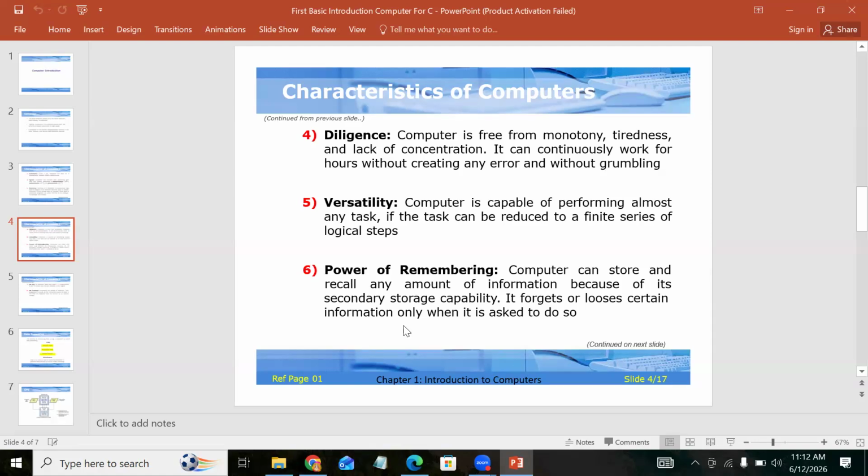So that's why we always prefer a computer, right? This is the benefit we are getting. So that's why we are using the computer. Then versatility. Versatility means what? Computer is capable of processing multiple tasks, okay? Or it can do multitasking